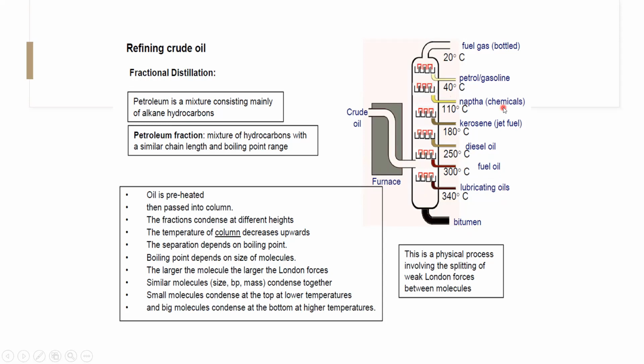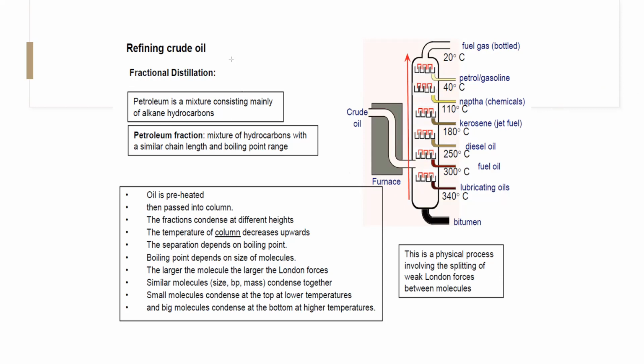Naphtha is used in the petrochemical industry for making different products. Then we have petrol or gasoline, used as a fuel for cars. And we have fuel gases or bottle gases, which are normally used as a domestic fuel. So what happens? The oil is preheated, then it passes into a column. The fractions condense at different heights. The temperature of the column decreases upward because as the fractions are rising, they are losing energy, so the temperature